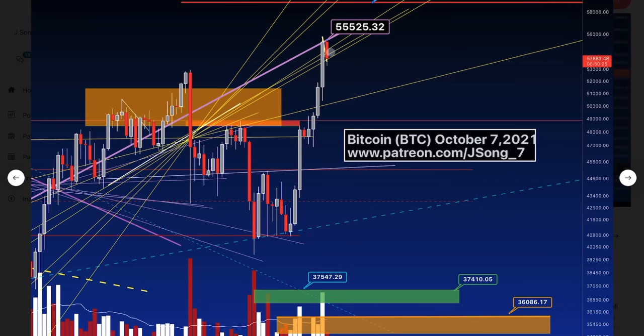Price could get stuck or use this time to boost and push back towards its main target of 58,919. This is the main target that we have and resistance level. However, there is some data that shows that price could fall from this level here. And looking at the volume down here, we see large volume, but for this next day, the volume was